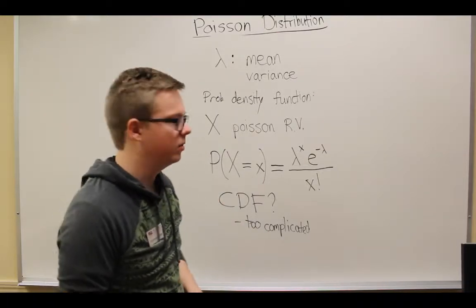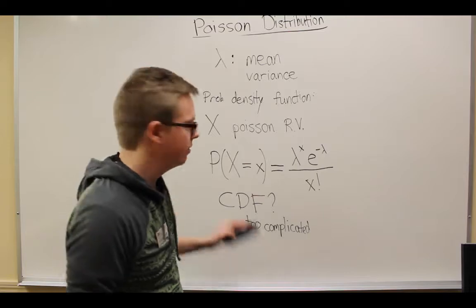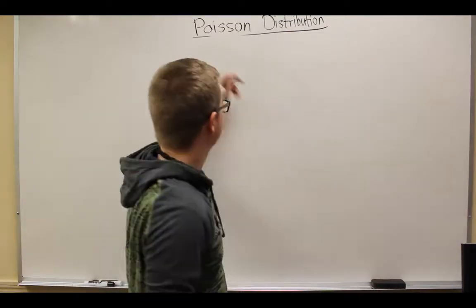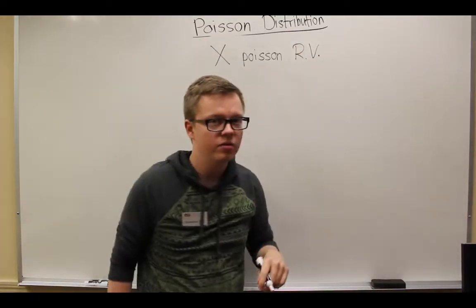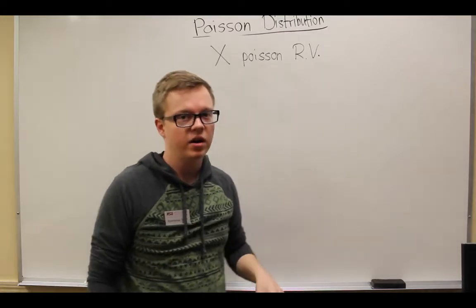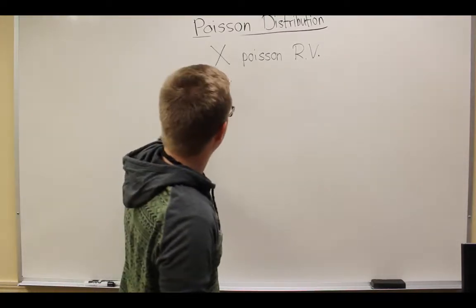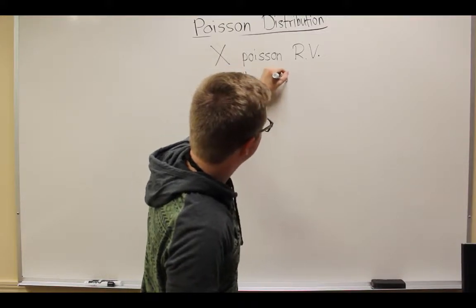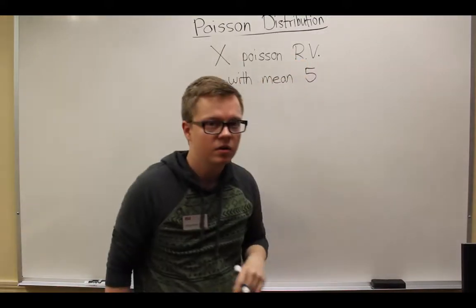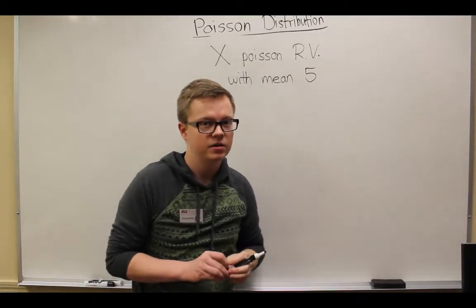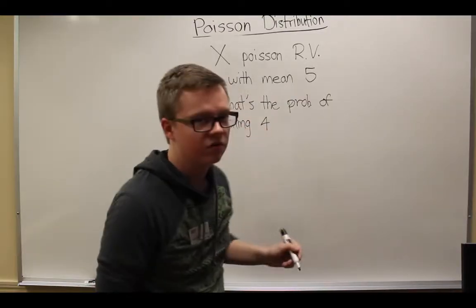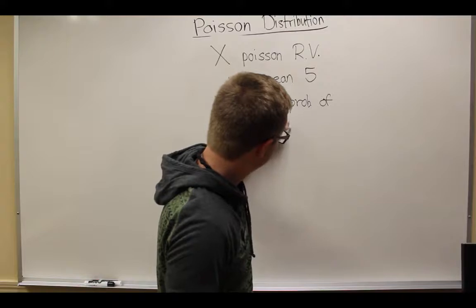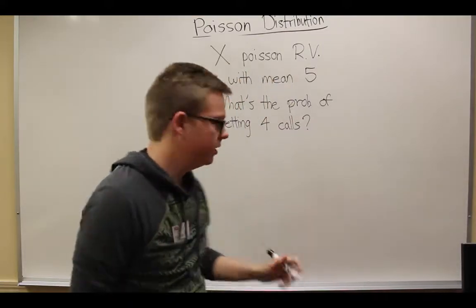Now I'll do one example to show you how to use the PDF. Let's say that capital X is a Poisson random variable, and remember we have to specify what lambda is. We'll say with mean 5. Then you want to ask, what's the probability of getting 4 calls within the next hour? The way you do that is you say